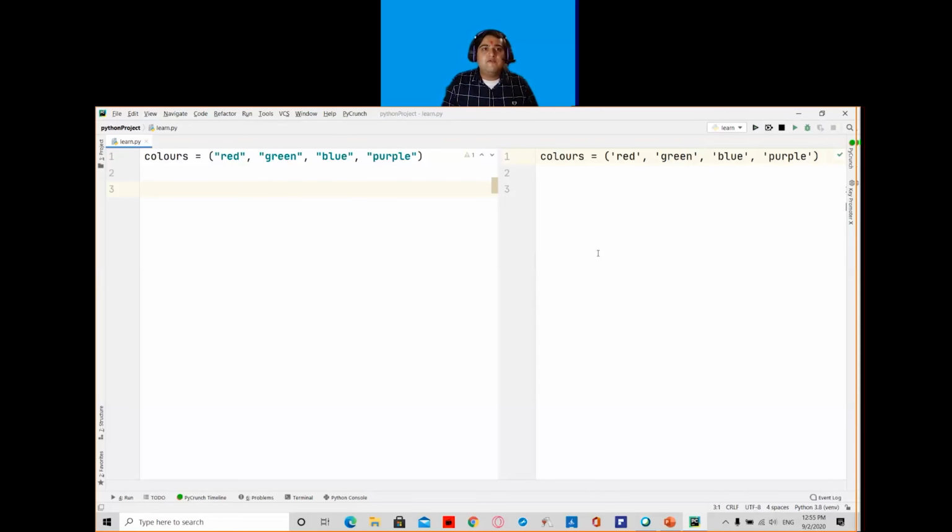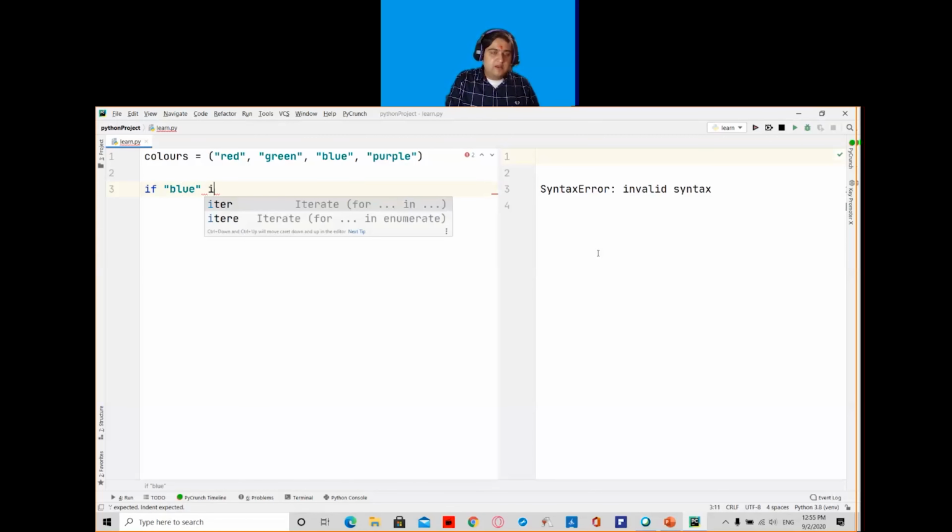If I want to find some specific element in my tuple, for example, if I want to verify that blue is present in my tuple or not, I will simply write if blue in colors colon.